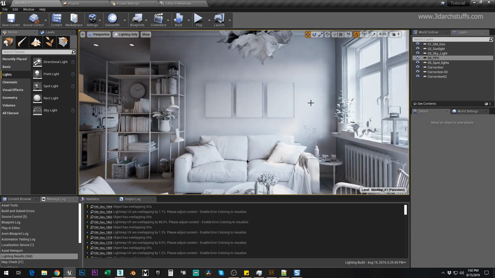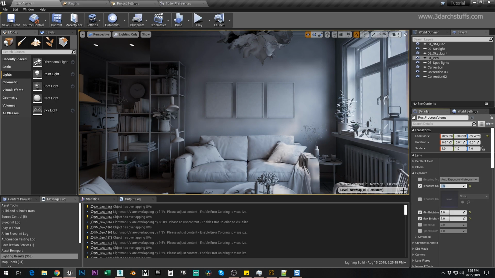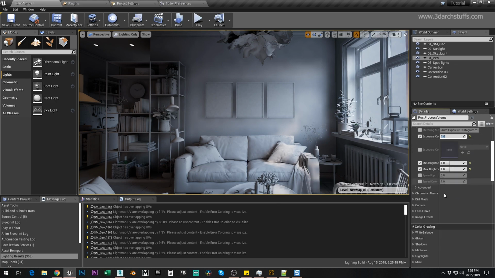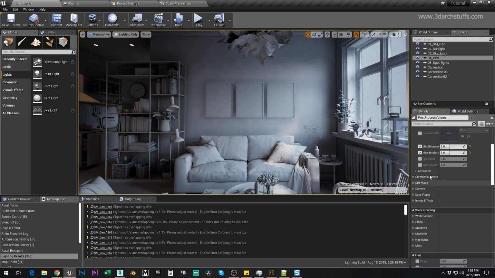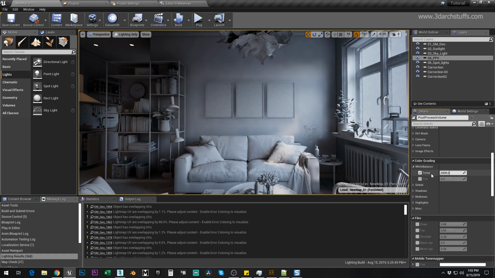So I'll just go ahead here, and then I will go in post process volume, and I will start tweaking it. So I will make it 1, compensation will be 1, and then minimum and maximum speed, all these things will be 1 and 1, and then I will go ahead here in white balance, and then I will make it